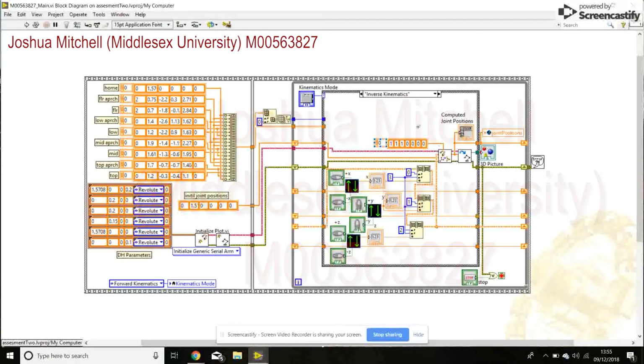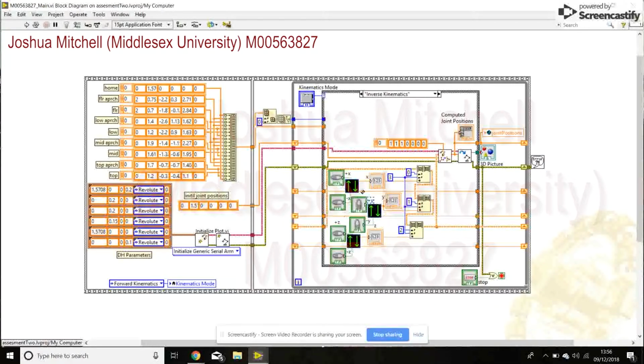I'm using a mask on the inverse kinematics so that it's not going to try and change the orientation of the end effector. I found that when it was able to change the orientation of the end effector, the inverse kinematics would not be able to converge to a solution, and it kept giving me errors. So that is definitely a limitation of this project, that you have to keep the end effector in the same orientation. That block then in turn outputs the joint positions and updates the plot and sends it to the 3D picture. If you keep it in here, it will then do the same, and that's how it will run through with the shift register, and that's how the